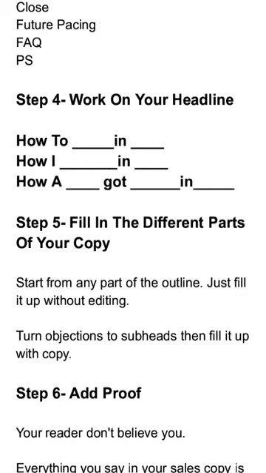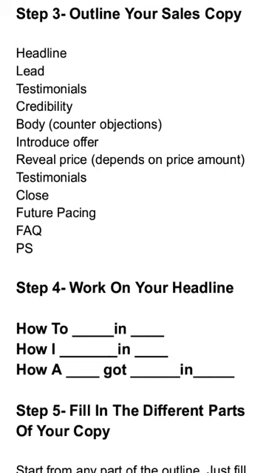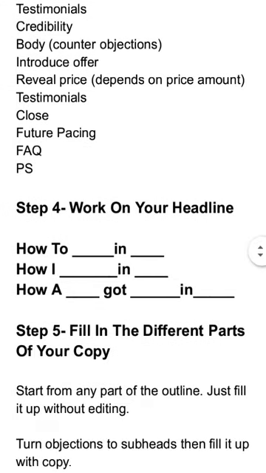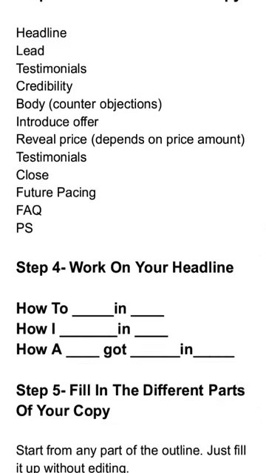Okay. After you're done with the headline, you can start filling in the different parts of your outline. Remember this outline here. If I'm done with the headline, I'll copy the headline and paste it where I have the headline section. Then I also have my lead. A headline will also go with the lead. The lead is where you're going to introduce your copy. So, dear friend, in the next 5 minutes, I'm going to show you how to do this and this. That is the direct promise opening. Then we also have another opening called the if and then.